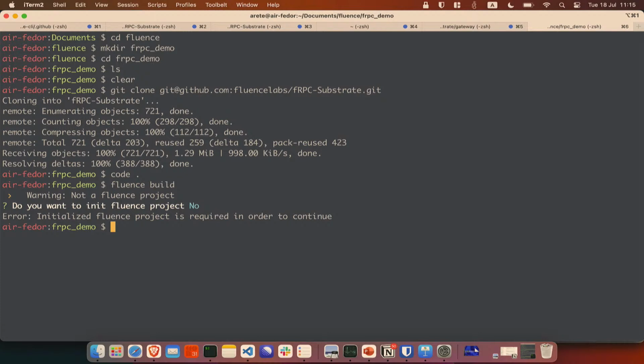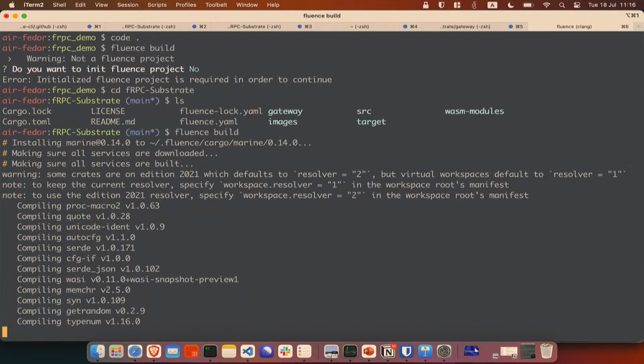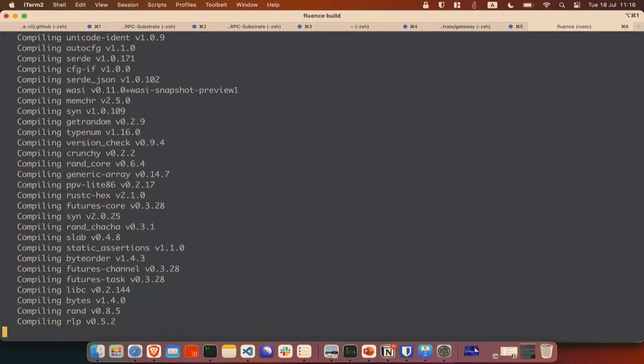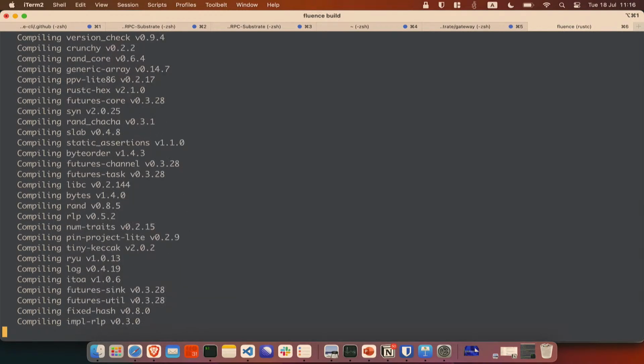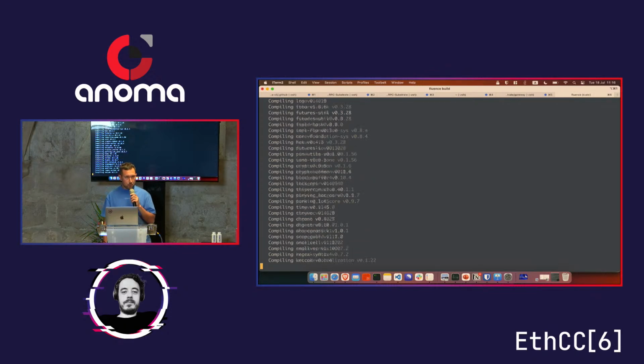So we have our own WASM engine called Marine. So we start by building the app. It compiles the code of the FRPC service and gets it ready for the deployment.